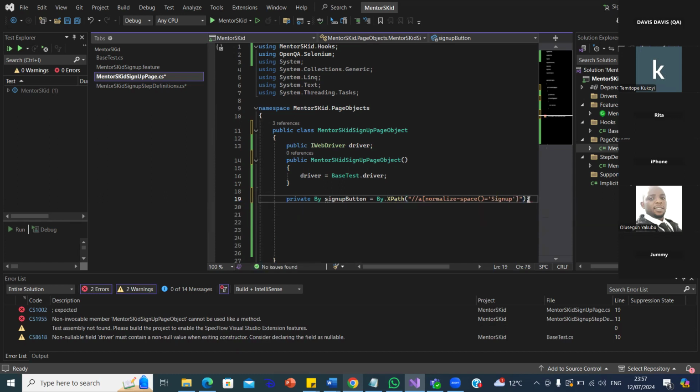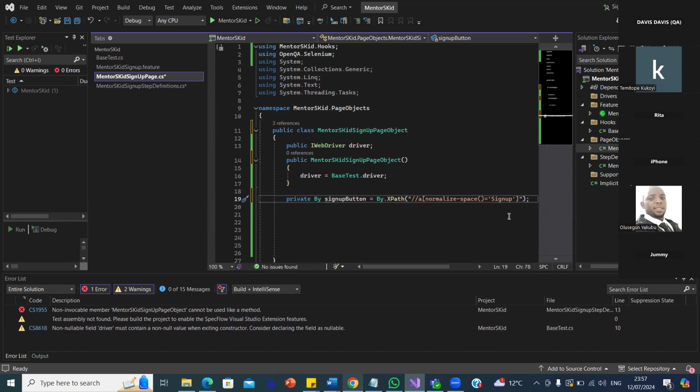Do you understand what you've just done now? You just declared your object. What is that object? I said that object is an element of a class. Remind you, everything we are looking at here is a class on its own. The object is that sign up button. Please take note. And so you are declaring that object, that sign up button, by using the word private